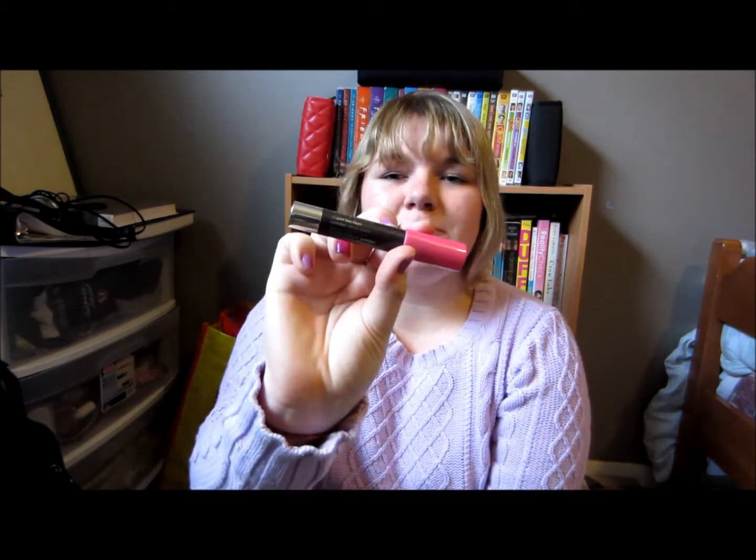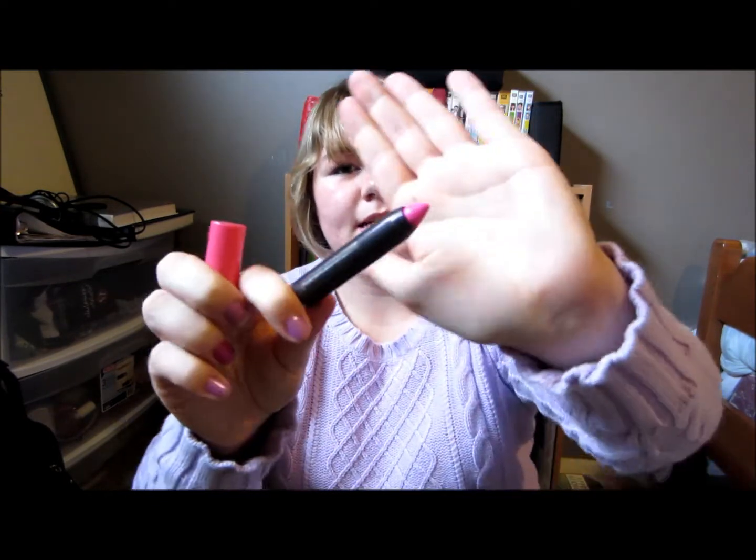The next one that I have is another lip product, and this is one of the CoverGirl Lip Perfection Jumbo Gloss Bombs, and it's in the color Oat Pink Twist, and it looks like that. This is also just a really good color. It's not too bright, so it's good to wear again to class or just around, and I really liked wearing this and then putting the next one over top of it, and this is the CoverGirl